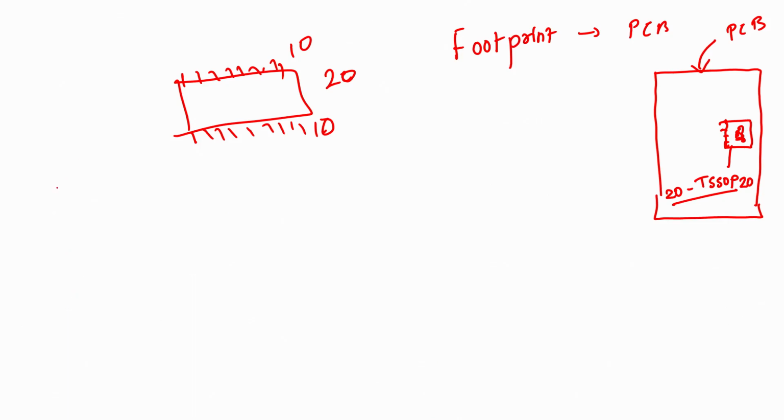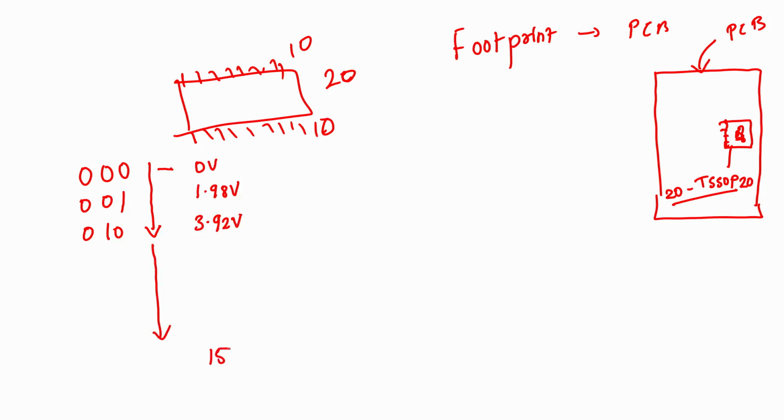Let us say we take a 3 bit DAC, because 12 bit is very difficult to represent here. So, 0 0 0, 0 0 1, 0 1 0, correct. This is the increasing digital word, as we have seen. If the corresponding analog voltage also only keeps increasing, up to say 15 volt, whatever voltage we have set, then there is a direct correlation between the increasing digital word and the increasing analog voltage. Such a digital to analog converter is called monotonic.